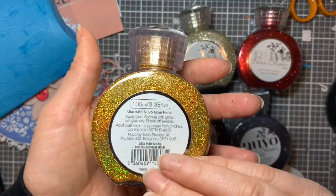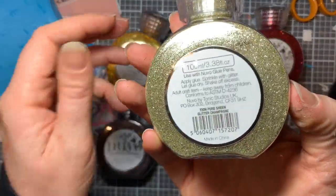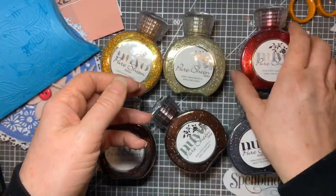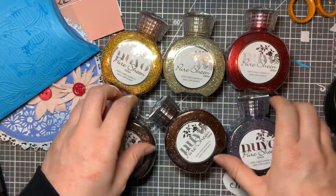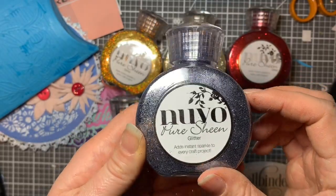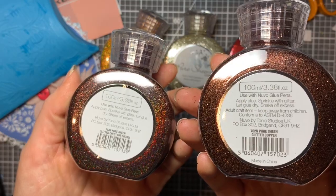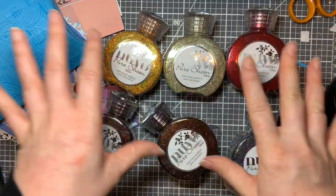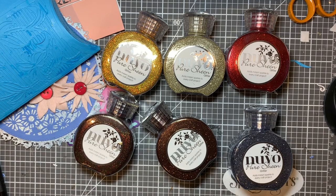So you've got glitter festive gold. You've got kind of more of a muted champagne gold, like champagne gold. You've got glitter scarlet red, so good for Christmas, these ones. This one, it's like a glitter steel grey. It's kind of bluish. And then you've got here glitter copper and chestnut brown. So I sort of thought they would be good for lots of different projects. And if I come over here,